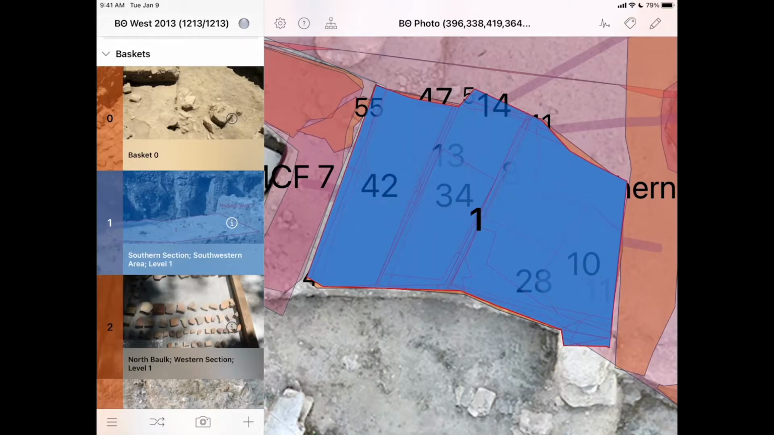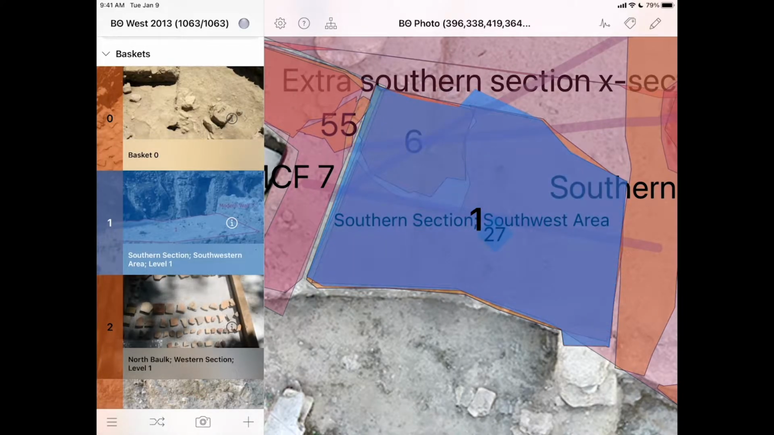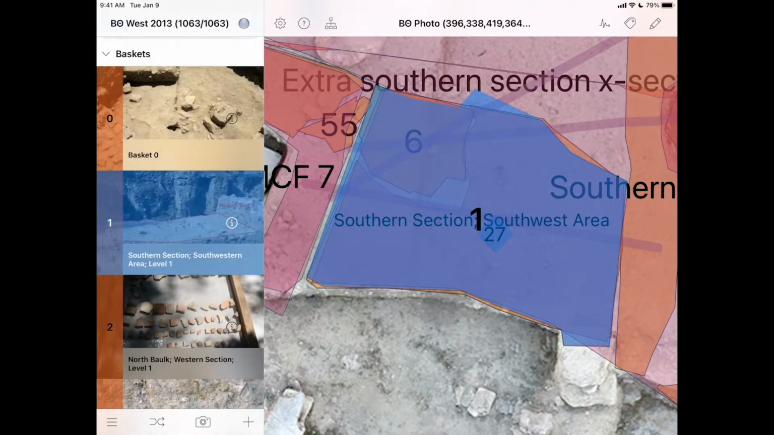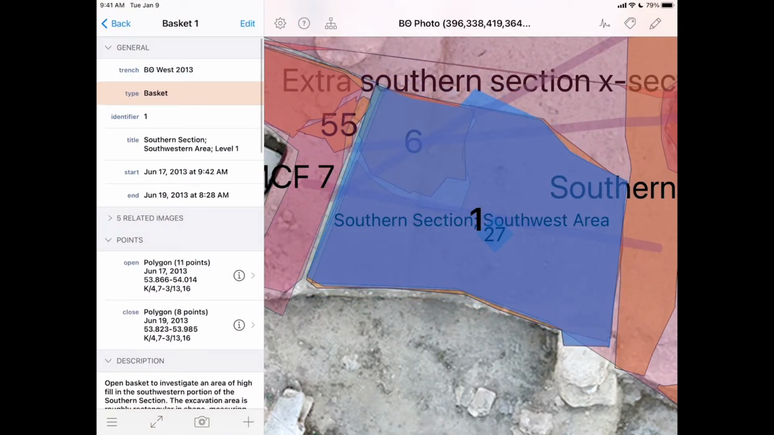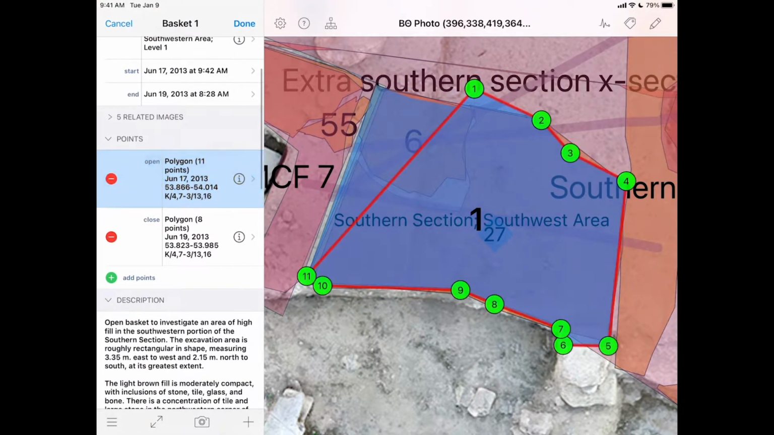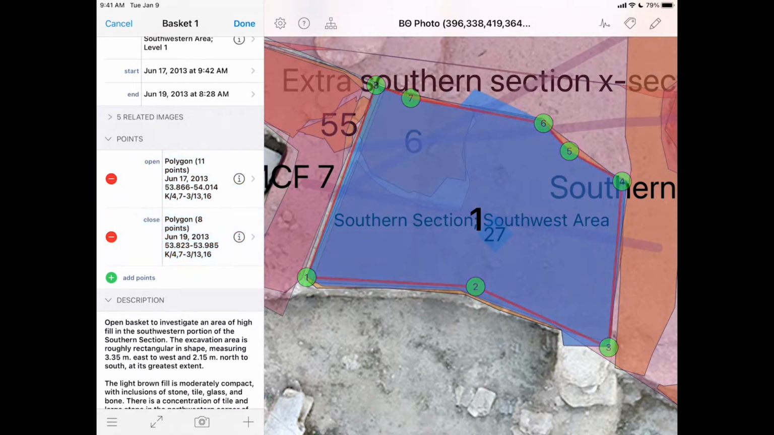Okay, let's look at points a little bit in more detail here. So let's go into, let me throw all these things away. Let's go into basket 1 here. And let's look at the points. So the first thing you notice is that iDig will store its points as these polygons or just a series